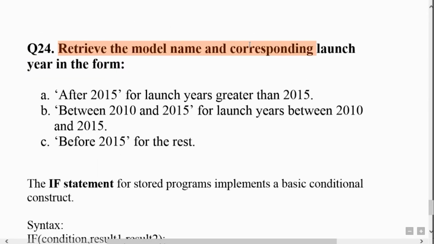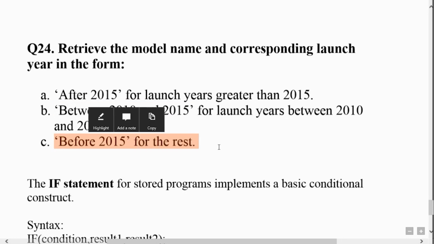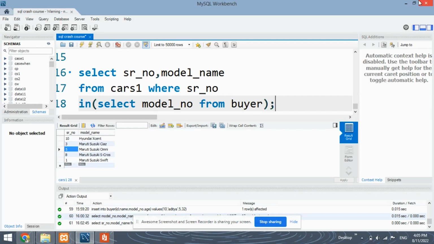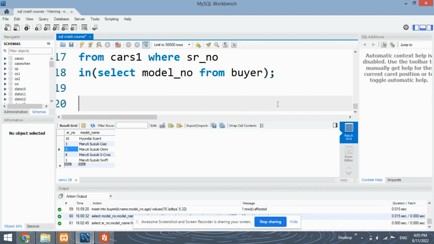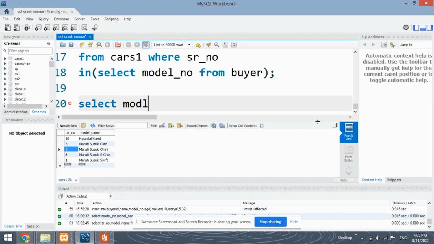Retrieve the model name and corresponding launch year in the form after 2015 for launch years greater than 2015, between 2010 and 2015 for launch years between 2010 and 2015, before 2015 for the rest. Okay, so you want to display this string for the particular launch years. So I'll show you how you have to do it. What you will do is select what you want, the model name and corresponding launch year. So select model underscore name,